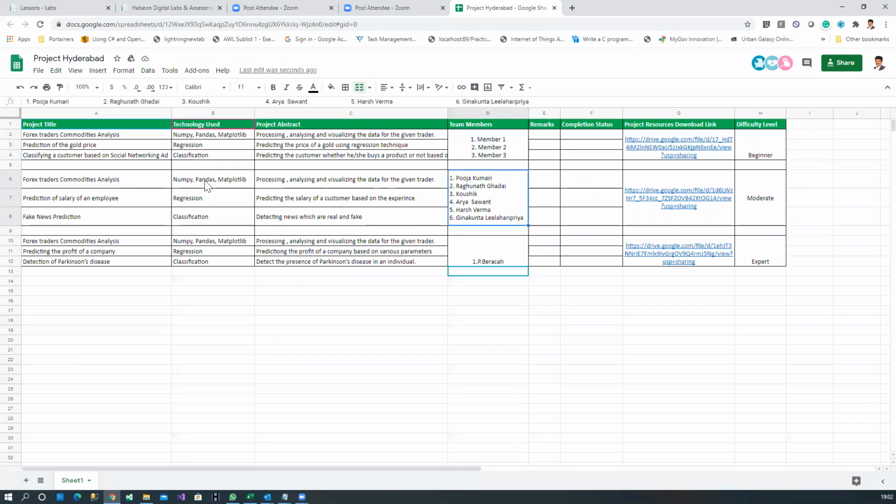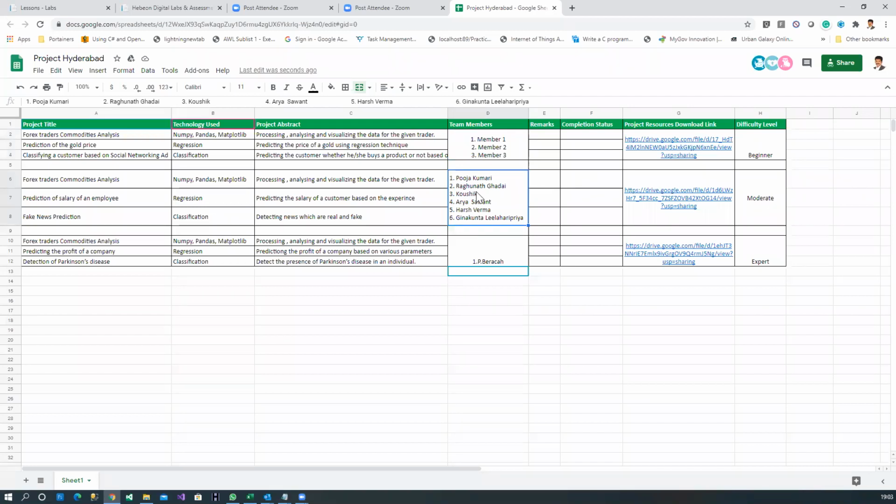Team members should be divided for each project. For example, this is one project, right? This is kind of merged. Remove that and regroup. We want team members for each project, not for each category. That means you have to do 3 projects. I think these people have selected this group, but